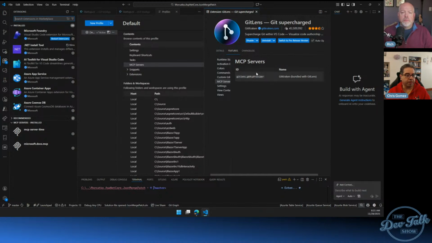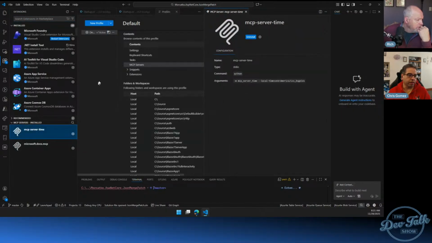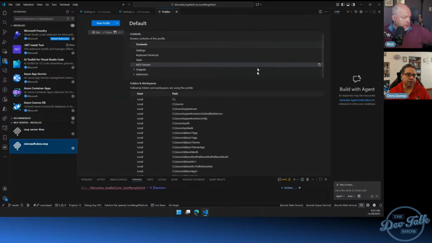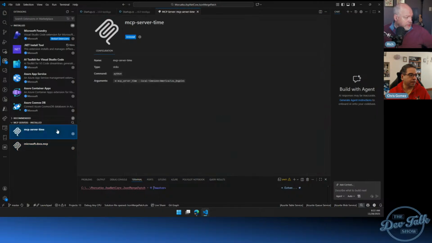But what I'm curious about, because you mentioned something about them running locally, is how do I know where this is running? These servers that are in the, yeah. So you know how you can know? Okay. So right where you were, go back, and see how in the configuration it has a type.